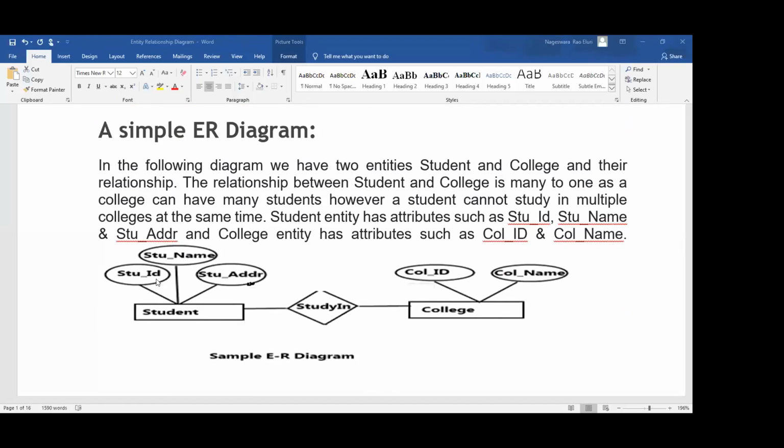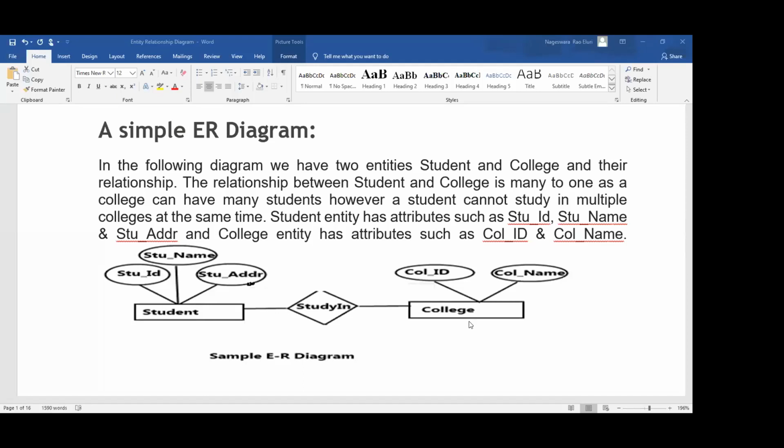Some are described using the oval symbol. These are the properties of students. Normally in DBMS we know them as attributes. Student describes student ID, student name, student address. These are the descriptions about the student, or we can say properties of the student.